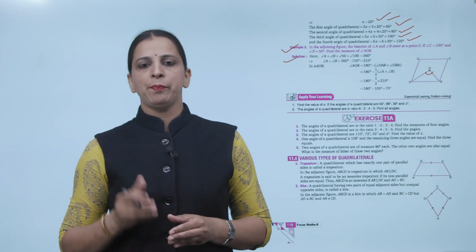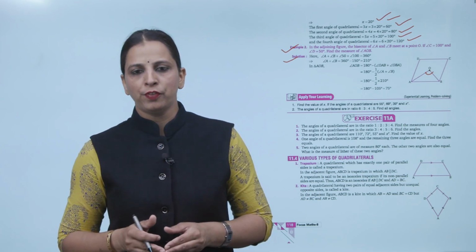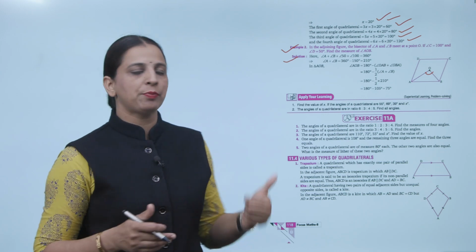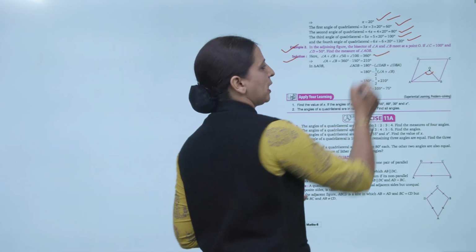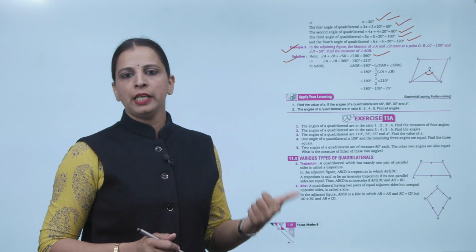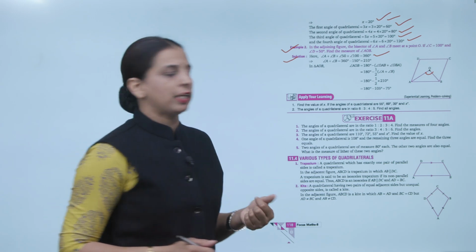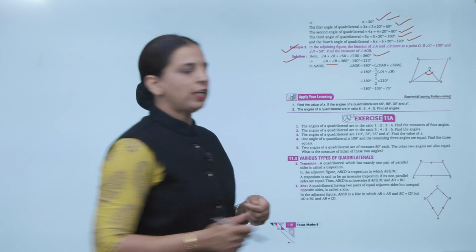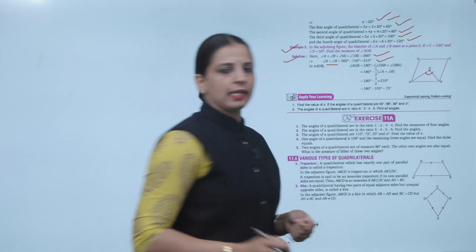Here angle A plus angle B plus angle C plus angle D is equals to 360 degree. That means A plus B plus C plus D is equals to कितना है 360 degree. C हमारा कितना है 100 degree and D हमारा कितना है 50 degree. Now angle A plus B is equals to 360 minus 150 degree is equals to 210 degree.